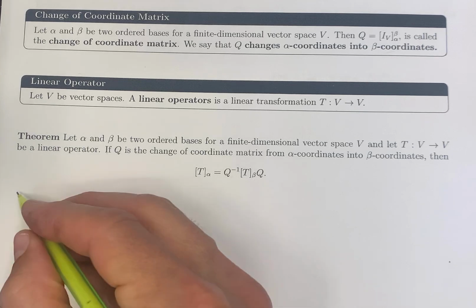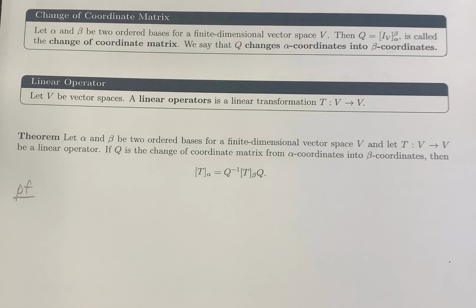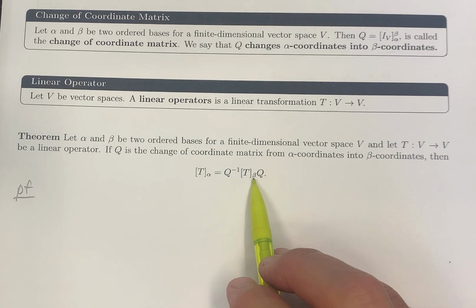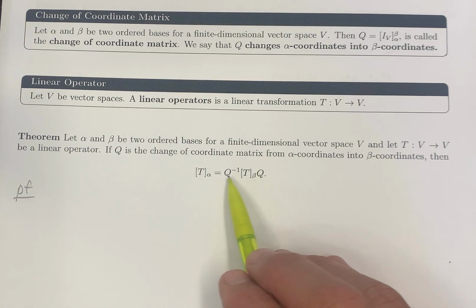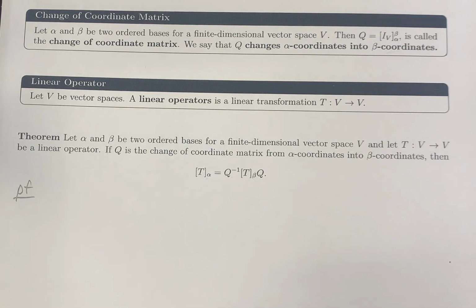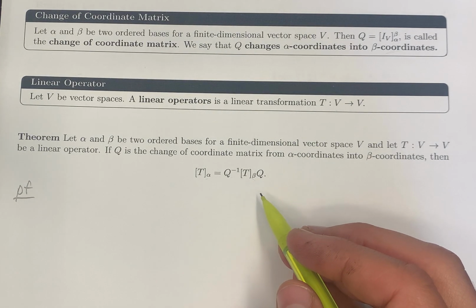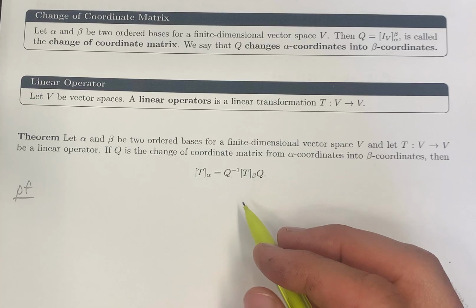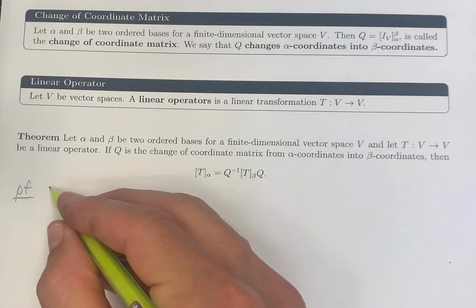That might be a lot to process, but really what it's saying is if you know the matrix representation of a linear transformation in one ordered basis, you can get to the matrix representation in another ordered basis as long as you have the change of coordinate matrix. So for this theorem, what we need to do is we just need to remember